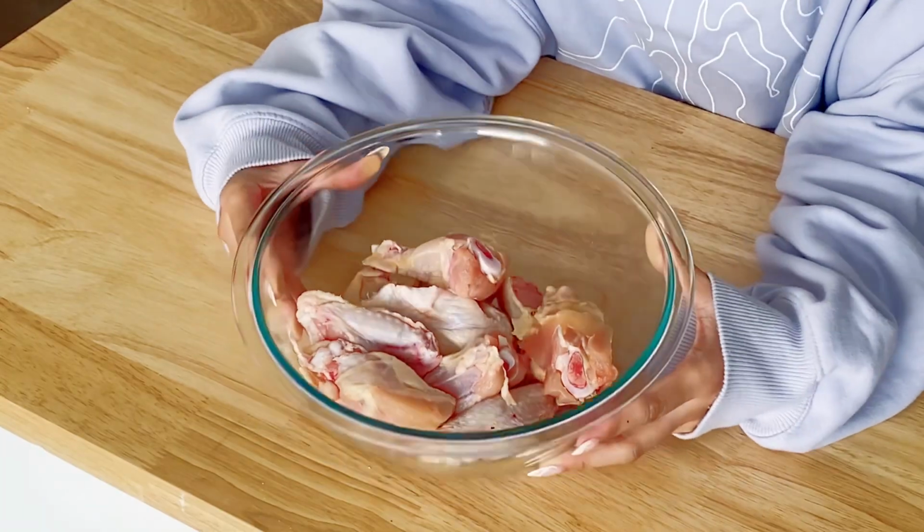Let's go. I don't know about you, but for some reason I feel like chicken takes forever to marinate. So we're first going to marinate this chicken for at least 30 minutes. Here I have chicken wings that are cut in half between the wing and the drum meat. You can also use chicken thighs or boneless chicken. I would just gauge the cooking time, because if it has a bone in, it takes a little bit longer to cook. First we're going to marinate with a little bit of fish sauce,